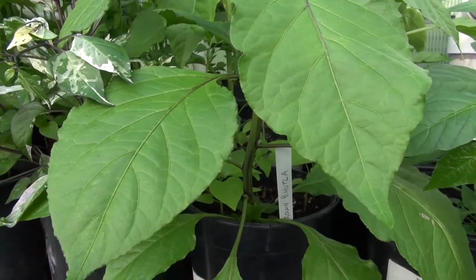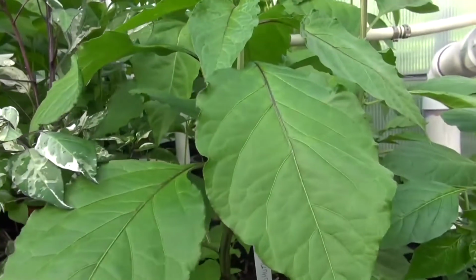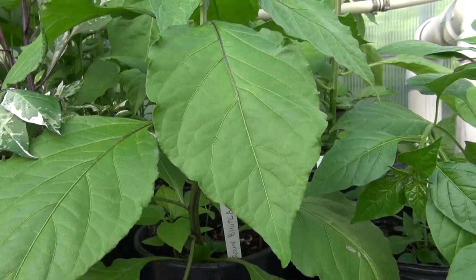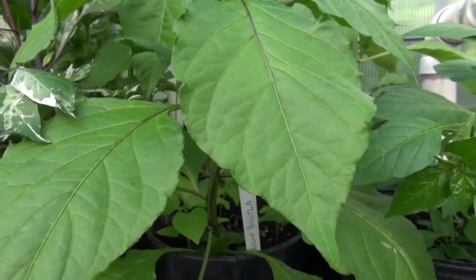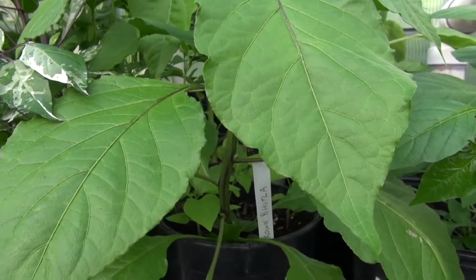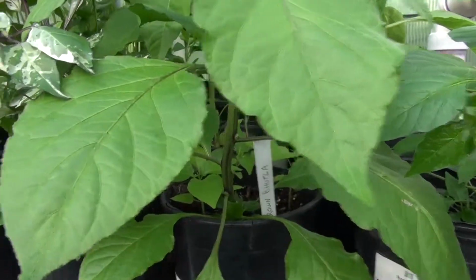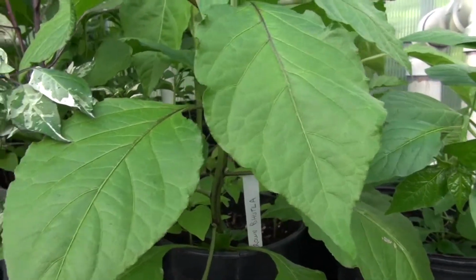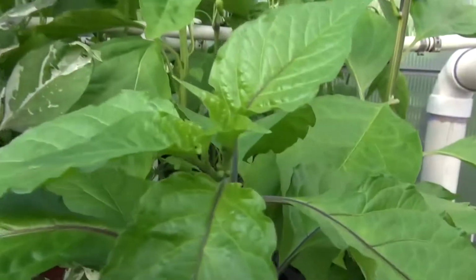I've read that it can take as much as 180 days to produce fruit. So, I don't know how long the fruit are going to sit. On some of these pepper plants, the fruits can literally sit on the plant for months before they're ready for picking. Even though you see the flower, you see the little pepper coming out, you might not be able to pick those peppers for a month, sometimes 2 months, even after you see that little baby pepper form. So it could be a while. I might not be pulling peppers off of this until end of August, maybe September. Who knows? Even with those little flowers showing. So anyway, this is the brown